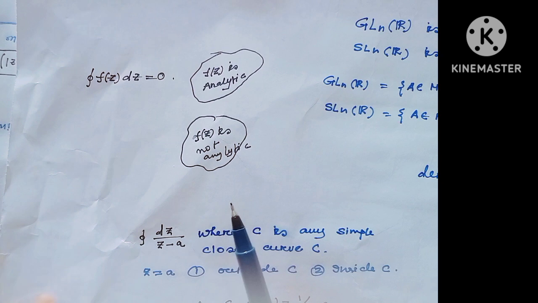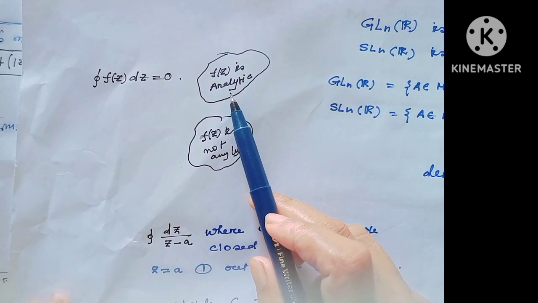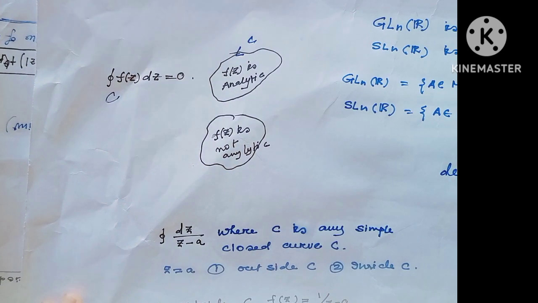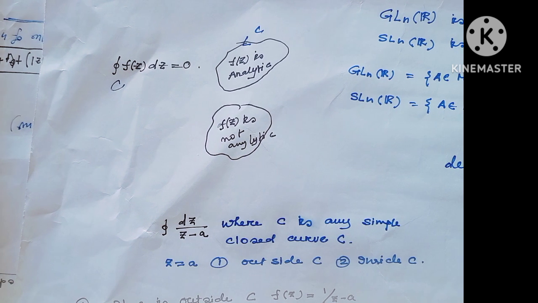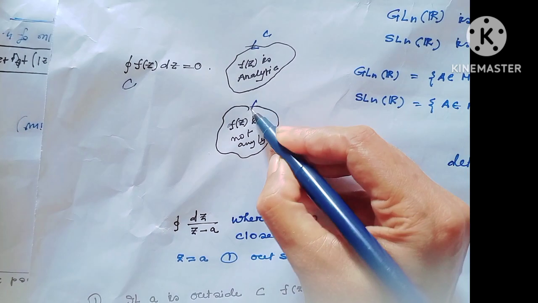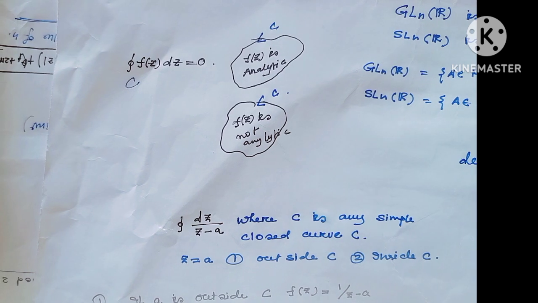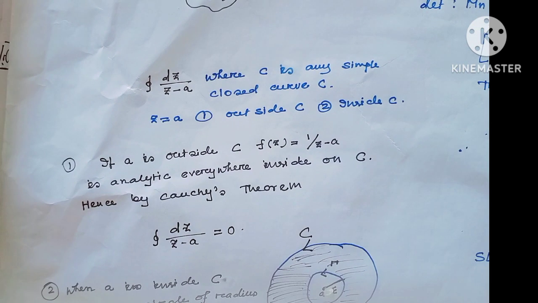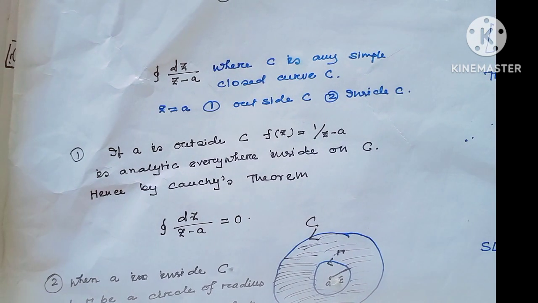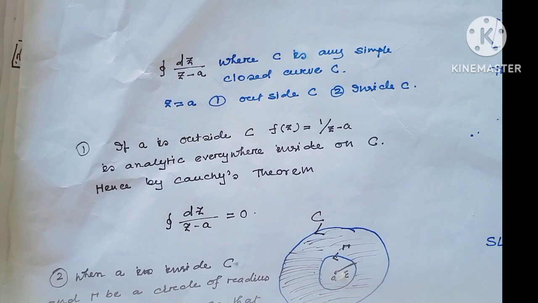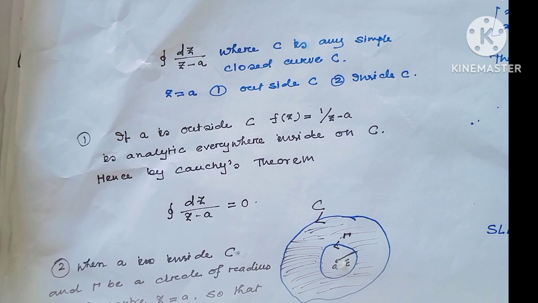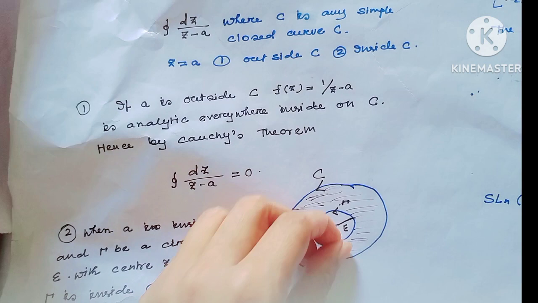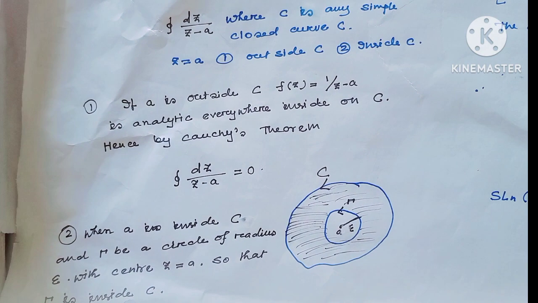In my previous video I had said when f(z) is analytic, then integration along this contour C always would be 0, and when f(z) is not analytic along this contour, then what I will do, in my previous video I had seen also, integration dz over z minus a, where C is any simple closed curve. If z equal to a is outside this circle, then by Cauchy's theorem we can tell this is